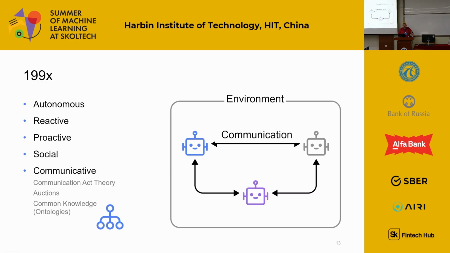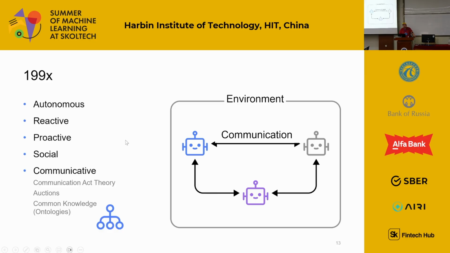So the agents in the 1990s were autonomous entities which possess certain properties. Agents are reactive, they can react to changes in the environment. They are proactive, they want to achieve certain goals, we set them goals and they want to achieve them. And they are social, they communicate. And a lot of theory was put at that time into the communication, how they would communicate, what are the different actions that they can ask each other to do.